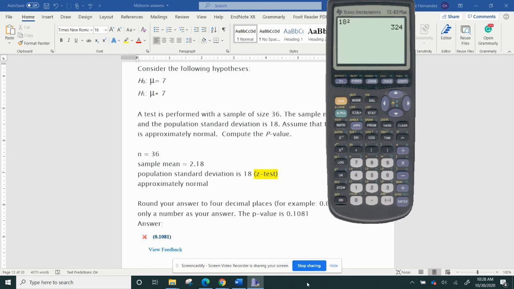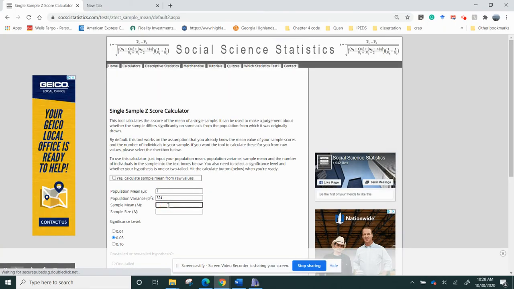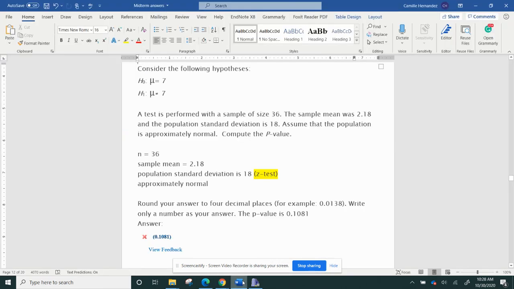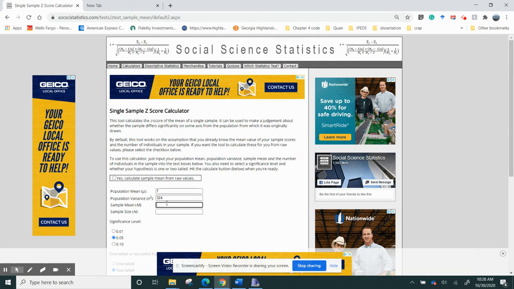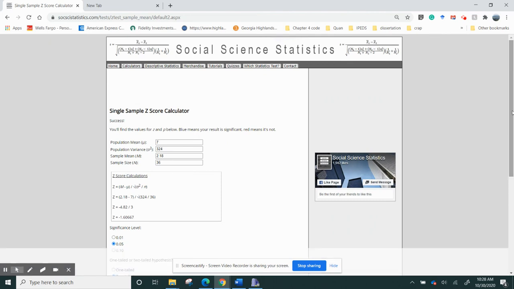Then I get 324. So I'm going to put 324. And then the sample mean, remember the sample mean was 2.18, and the sample size was 36, okay? And I'm going to do that it's 0.05, and then I'm going to do two-tailed because it's not one direction. So I hit calculate, and if I go down,